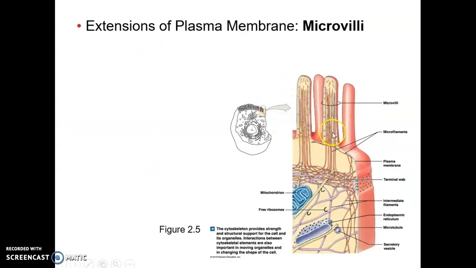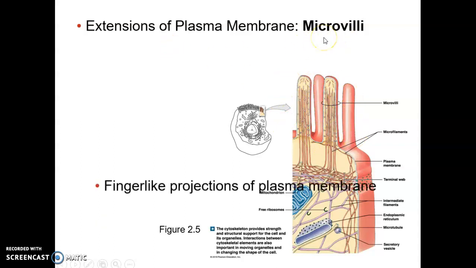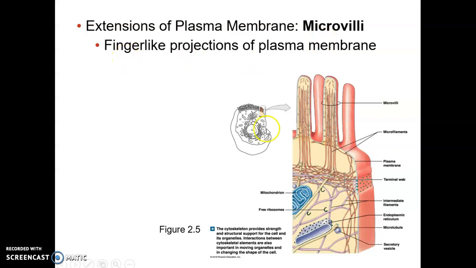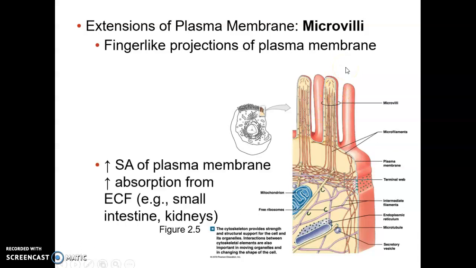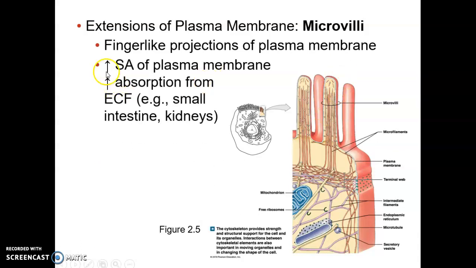Now let's look at extensions of the plasma membrane called microvilli. These are finger-like projections, extensions of the plasma membrane, and they primarily function in increasing the surface area of the plasma membrane to increase the rate of absorption or secretion of materials across the plasma membrane. So increasing SA, surface area of the plasma membrane,